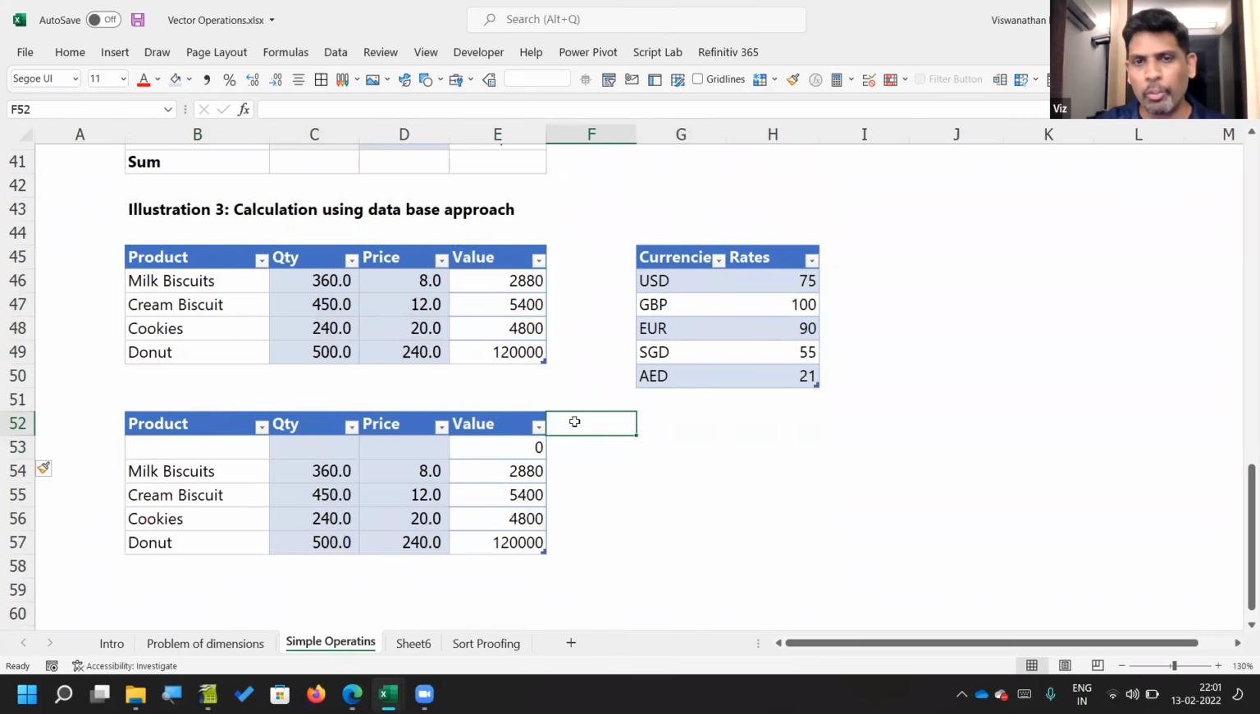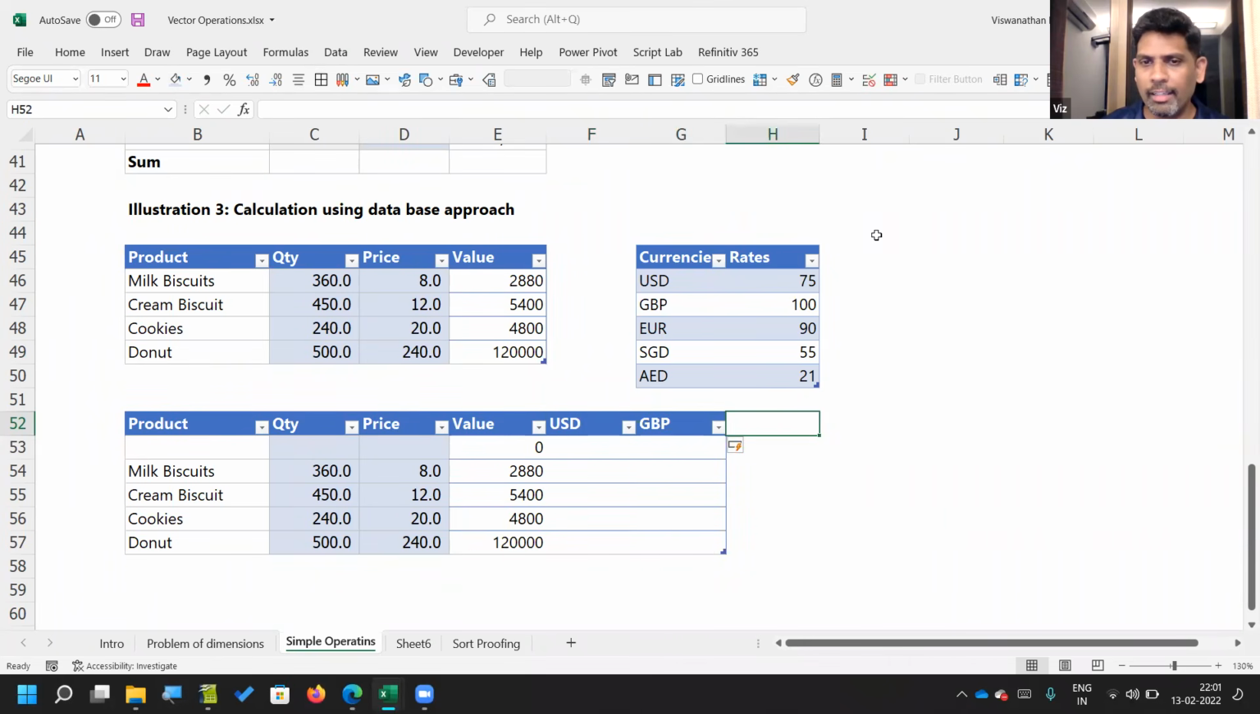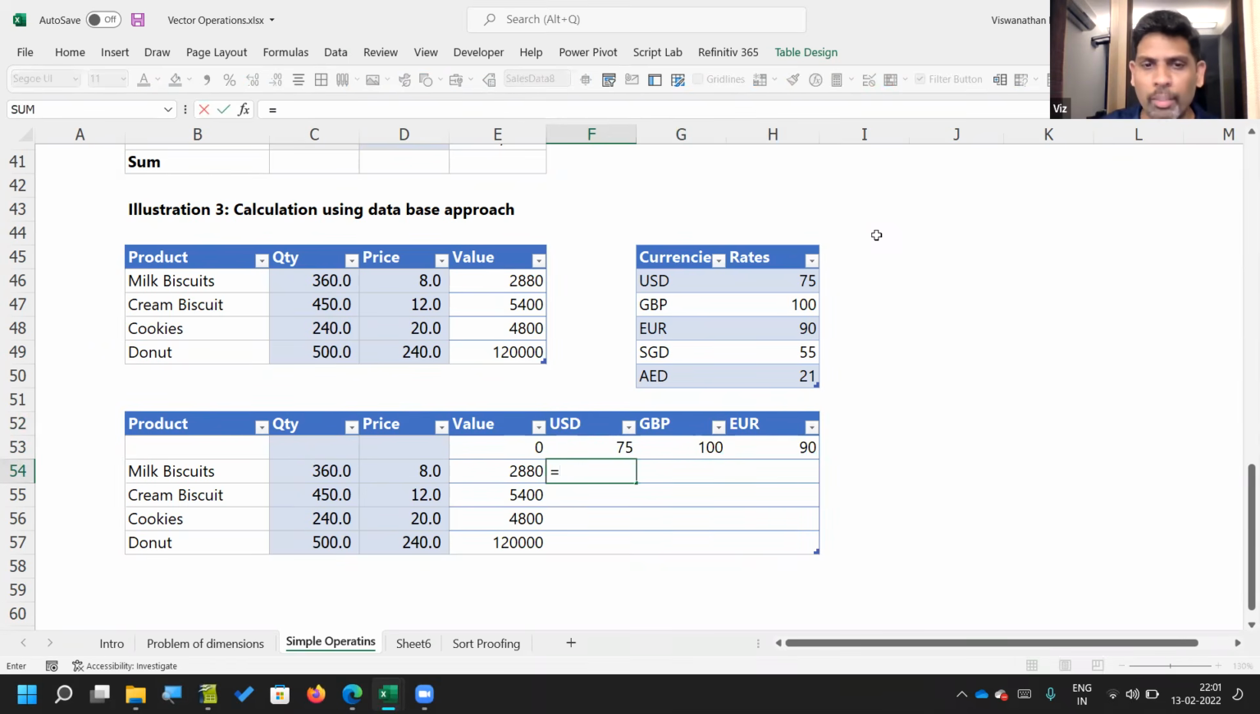So if I'm going to put USD, GBP, and let's say Euro, if I'm going to put 50, 60 and 75, 100, 90, you may do it, but it actually destroys the sanctity of the table and how it works. So if I'm going to say value divided by F53, it's not working like that as a spilled range. In fact, it should throw an error here,